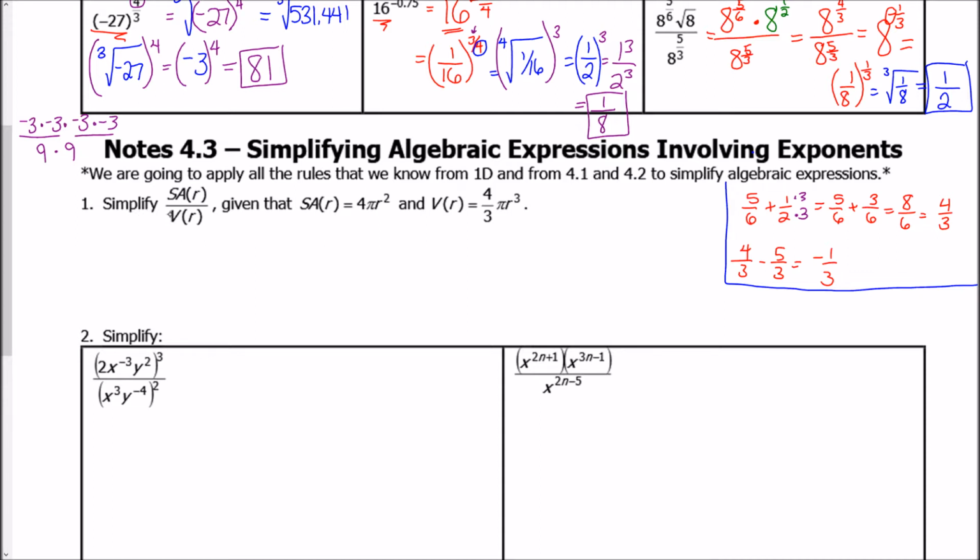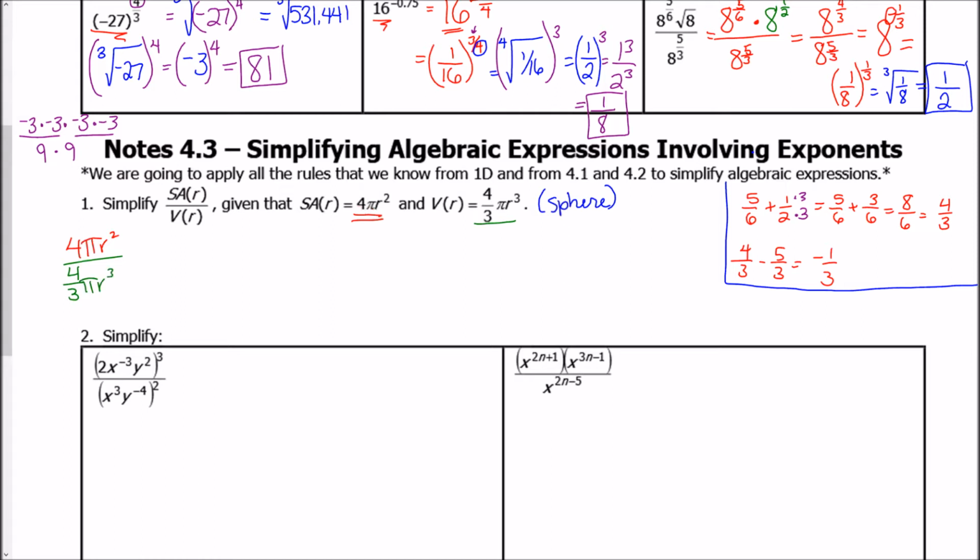So it asks us to simplify SA of r over V of r, given that surface area of r is equal to 4 pi r squared and volume of r is 4/3 pi r cubed. And just a reminder that these are the formulas for the surface area and volume of a sphere. So I want to know what the ratio is between the surface area and the volume of a sphere. So if I know the surface area is 4 pi r squared, that's going to go on top. And then I know that the volume is 4/3 pi r cubed, so that's going to go in the